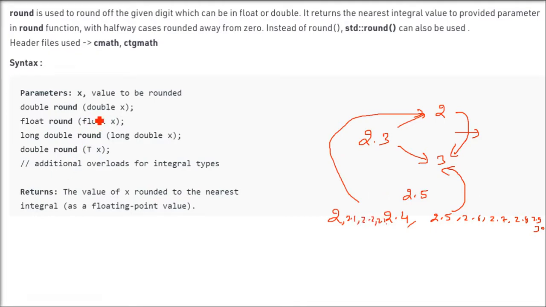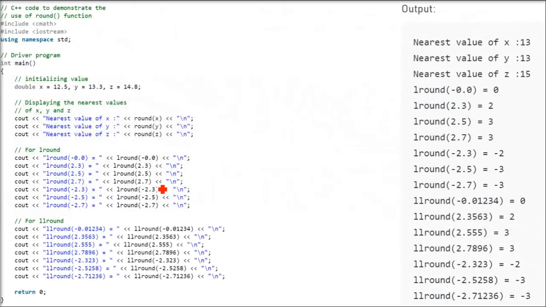This function will take a value, and whatever parameter you are giving, the result will be of the same type. This is the round function. There are other functions also, like lround and llround. I'll talk about that. This is C++ code. You can always convert it into C code. The last two functions, lround and llround, are in C++11. And the first code, which is the three lines you see here, round, is in normal C++, and you can run it in C also.